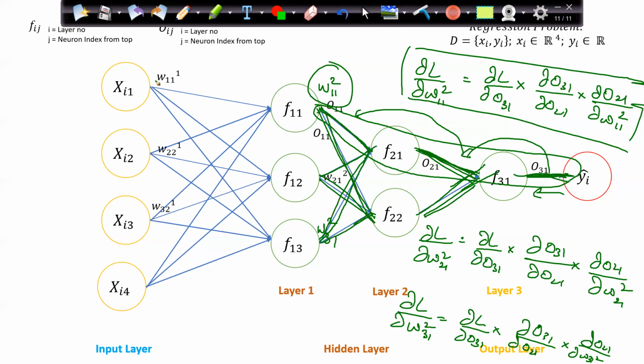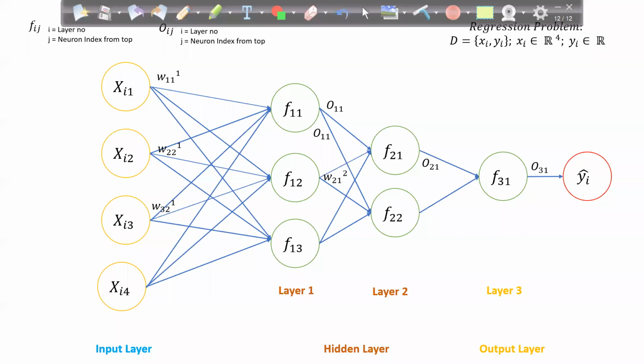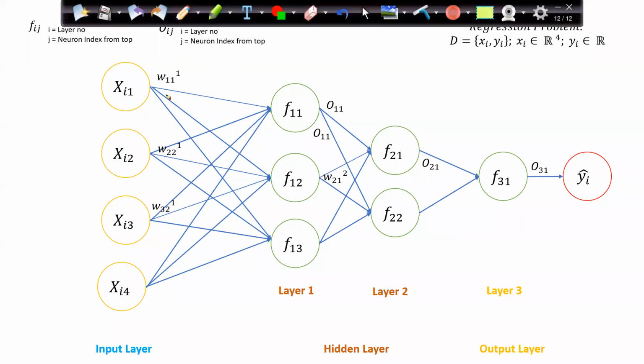Now when I come to this part, W11. Now let's see what happens here. So now if you see here, this W11 is going to go to this neuron. After that, it is generating the output O11, and this output is going into my F21 as well as F22. And then from this F21, it is generating a new output O21, and same way here I will also get a new output O22. And then I am getting this O31.